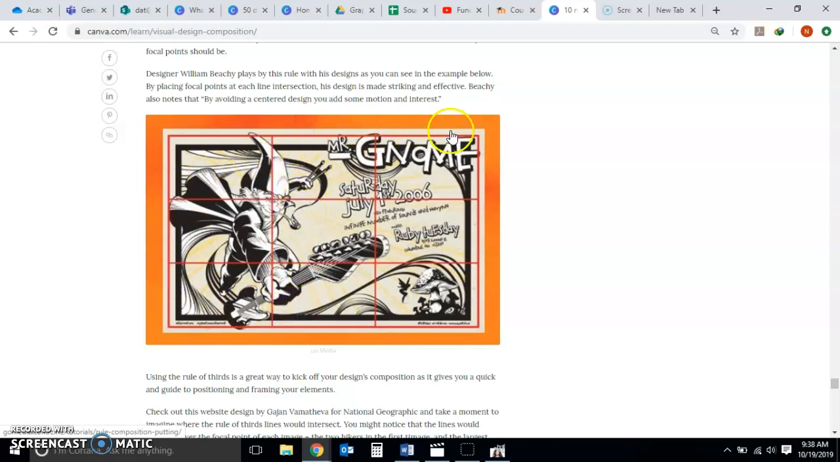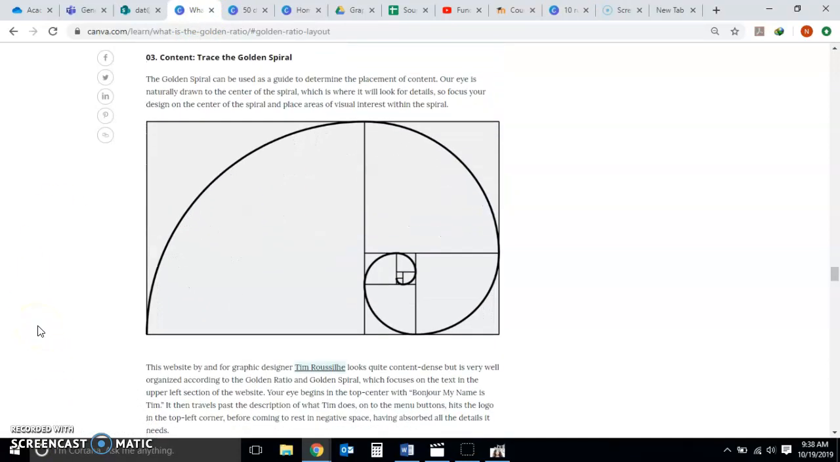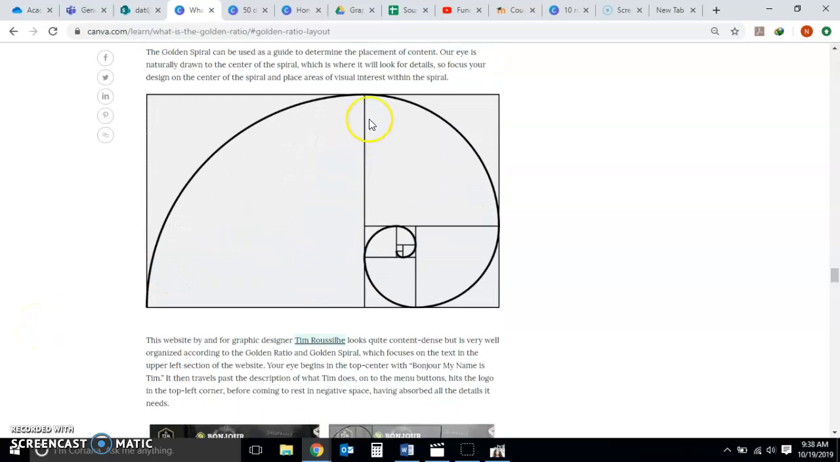Whereas there is another square going for this other layout, which again transitions us to the next strategy in composition, which is called the golden ratio. So have a look at the golden ratio. It is this thingamajig. It starts with a square,